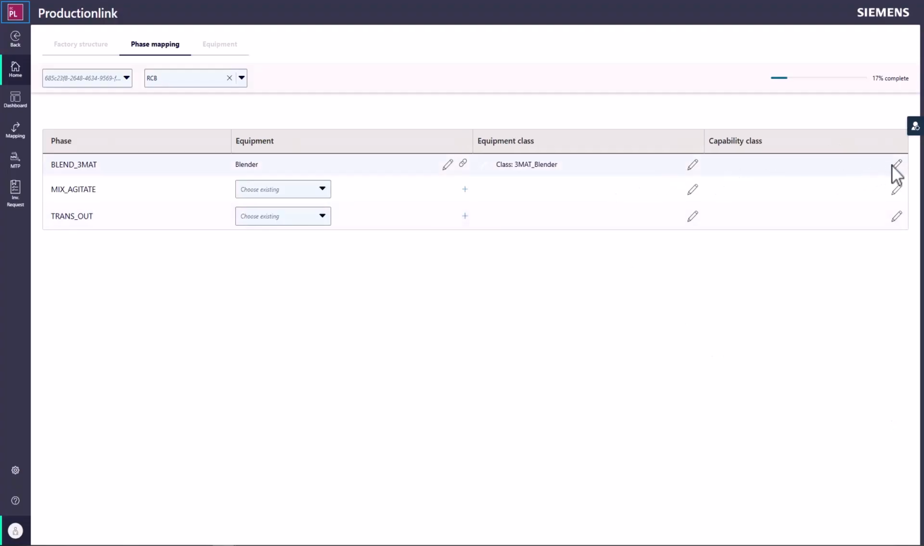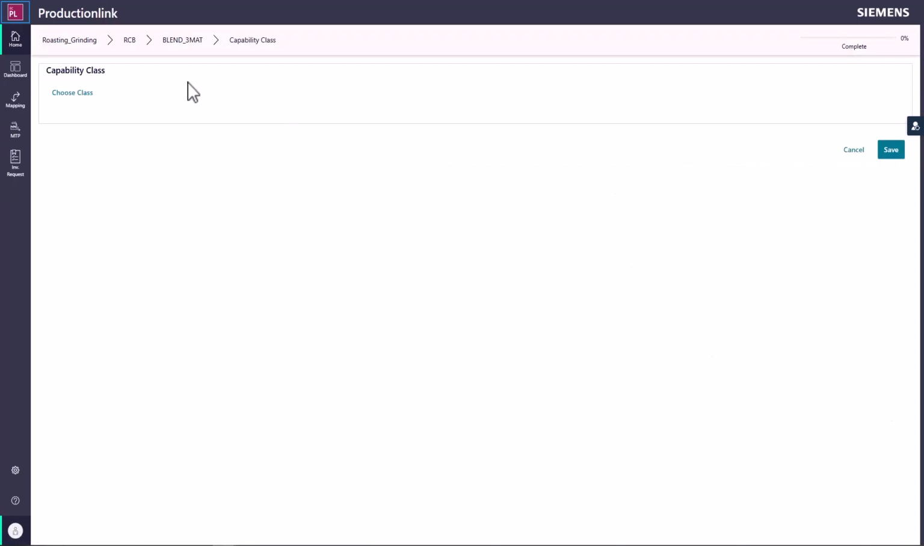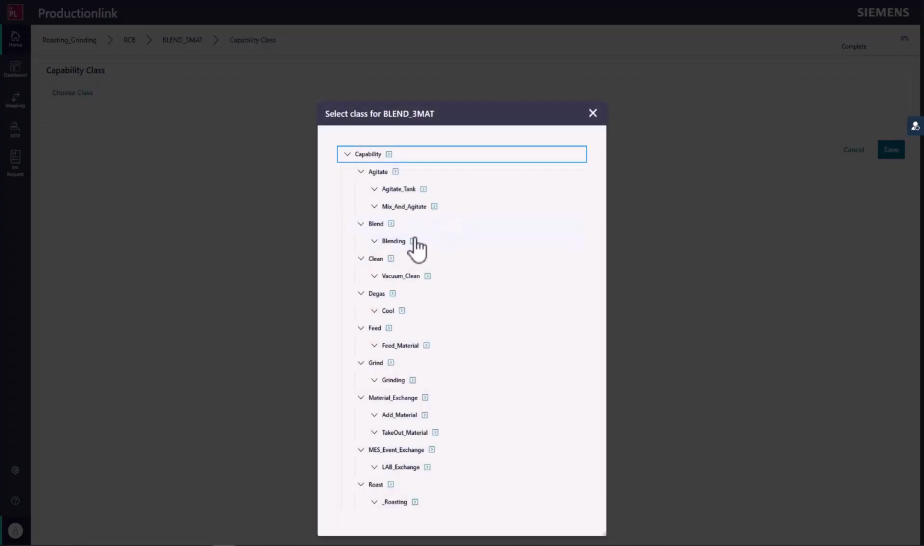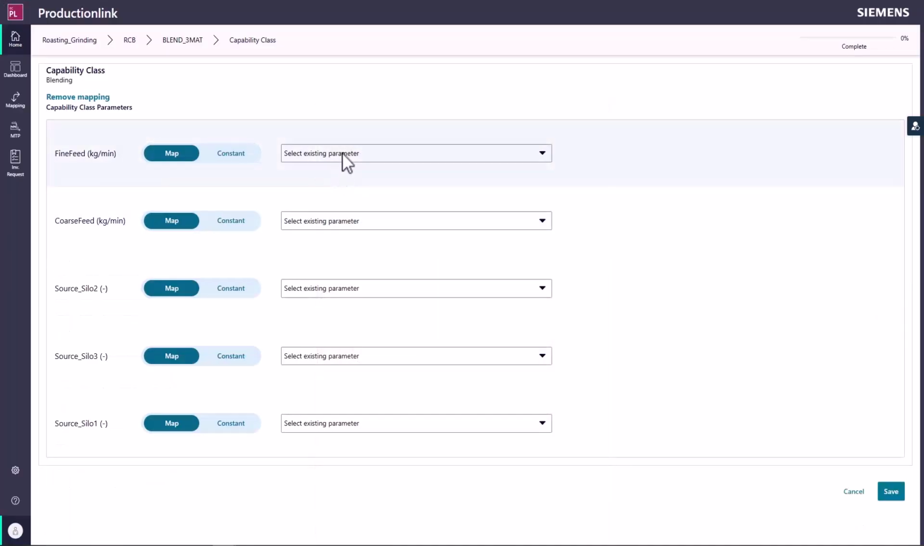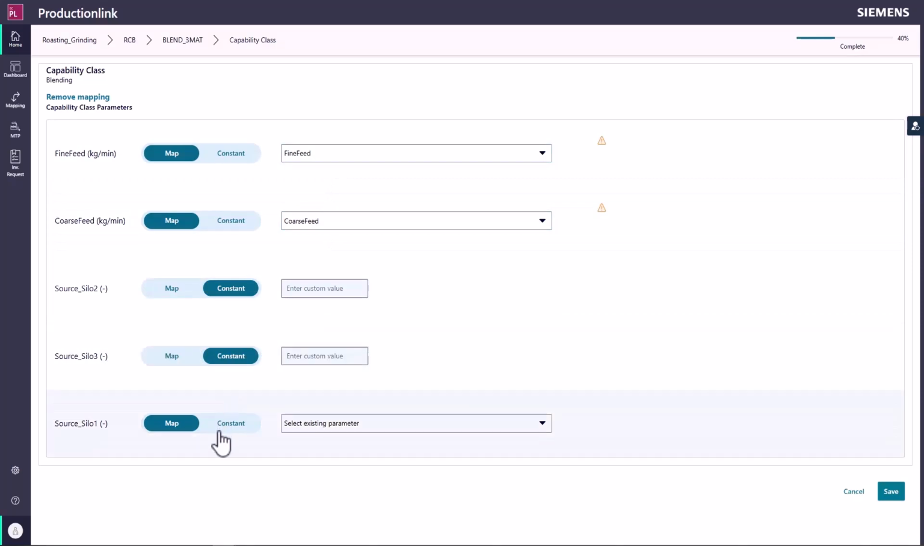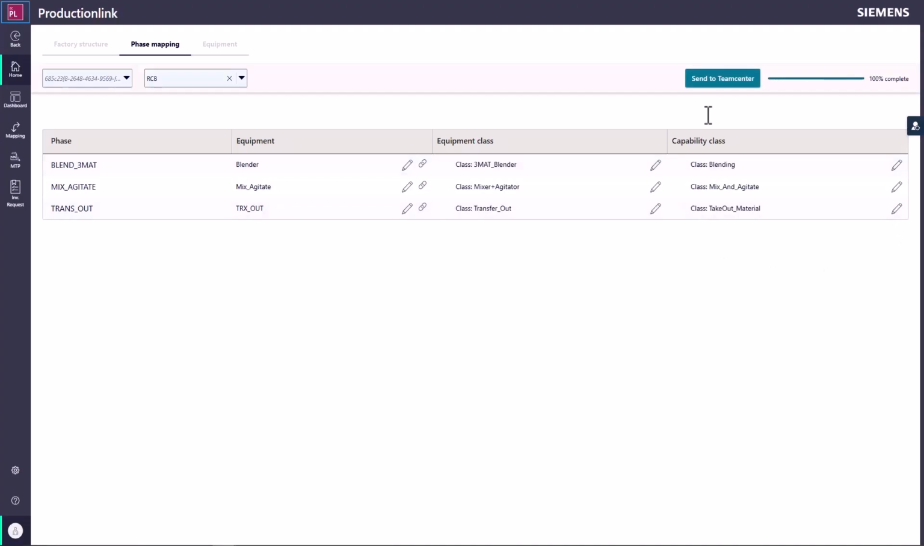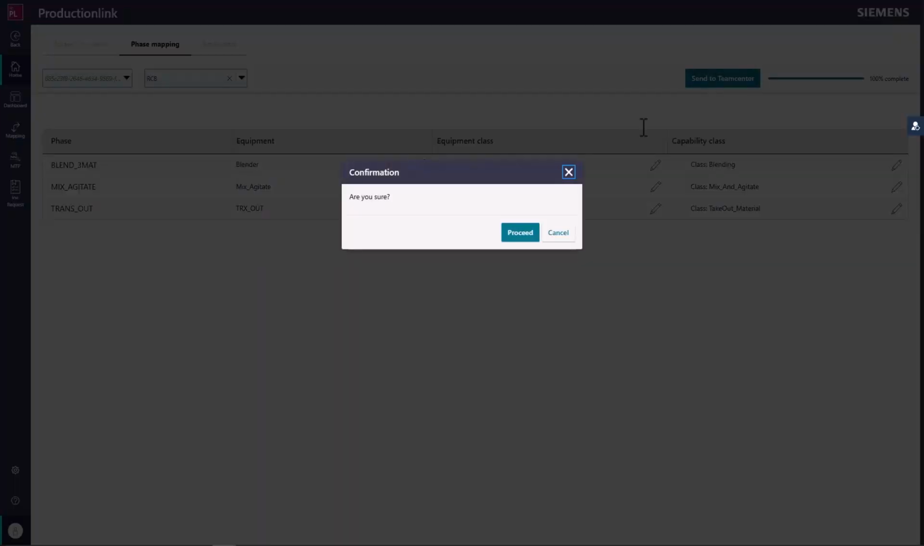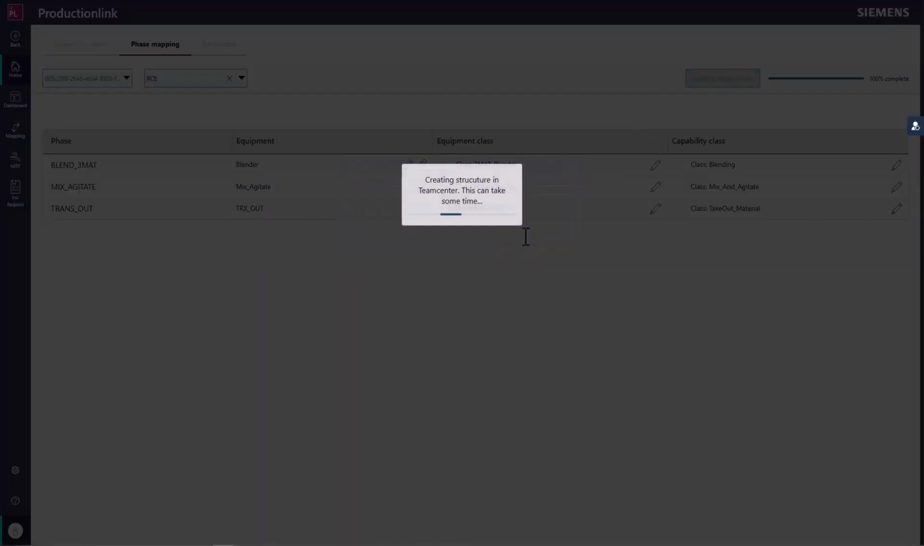Next, each phase is linked to its corresponding capability, while local automation parameters are either mapped to the central R&D dictionary or flagged as locally managed parameters. This way, Production Link acts as a translator, converting the factory's specific data into a unified language that integrates seamlessly with R&D systems. Once the mapping process is complete, the unit is published, generating an updated bill of equipment in